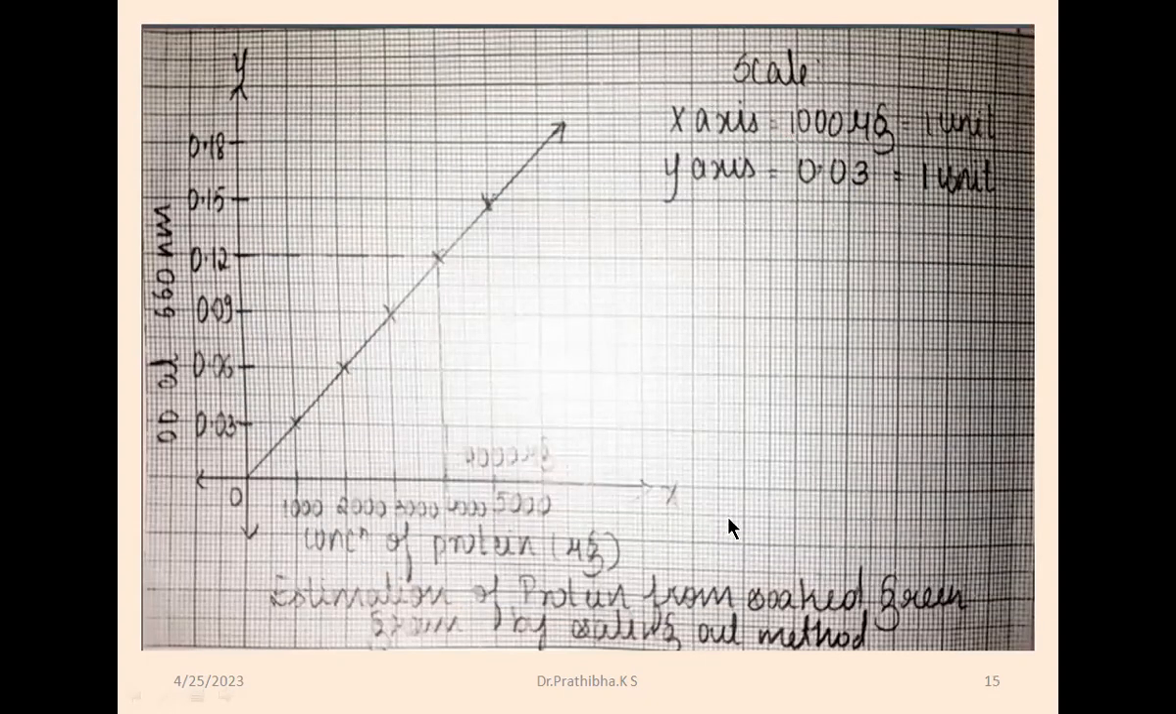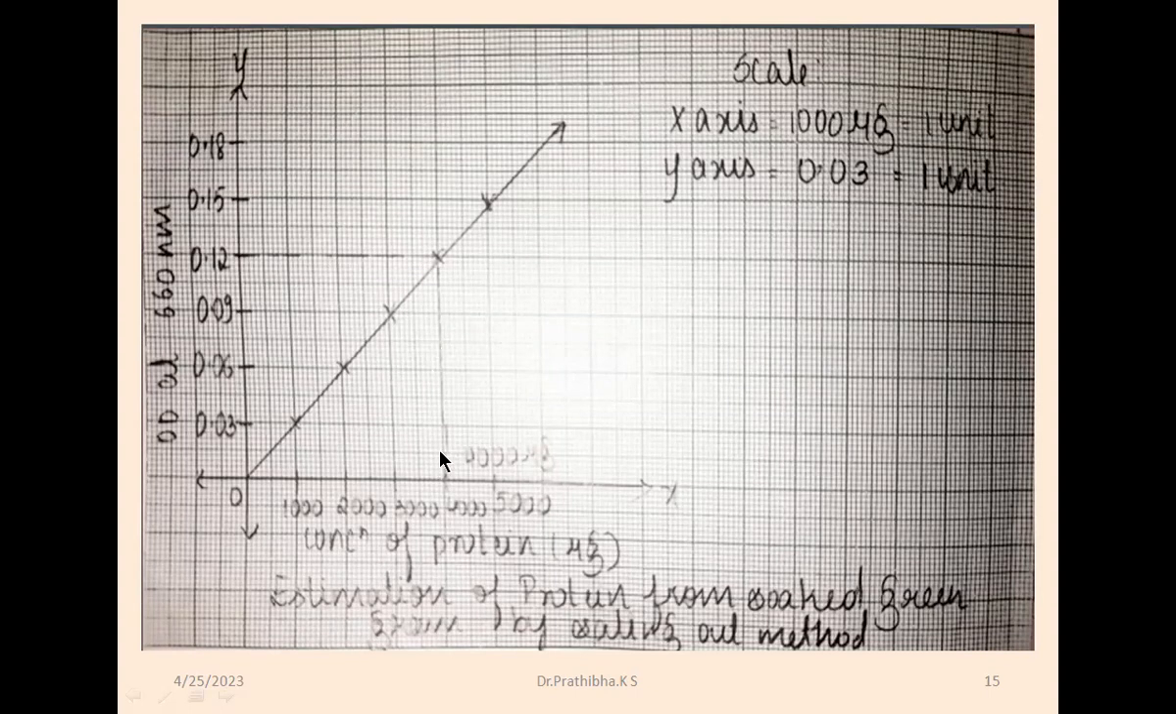Then you need to plot the graph like this for the estimation of protein from soaked green gram by the salting out method. First, write the title of the experiment on top, then the scale: write what the x-axis is and how much 1 unit is, and the y-axis, how much amount. Here also the x-axis you write, here also the y-axis, and this is the standard straight line, and plot the unknown graph